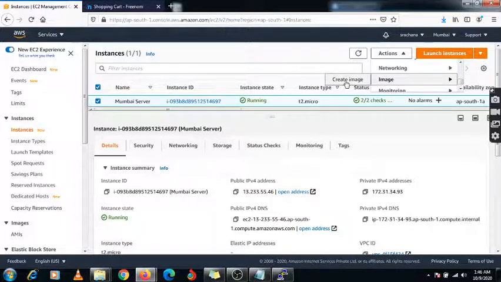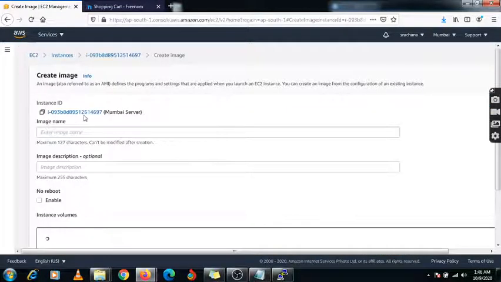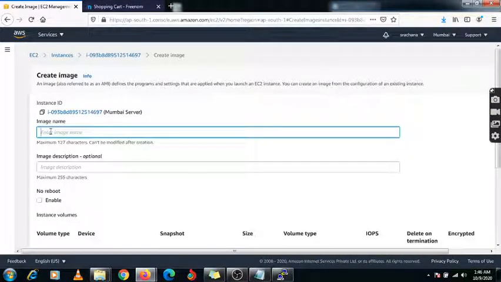So click on Image and Create image. Here you will get this name. First you need to assign some name for this image. So I am giving one name, that is Linux machine Mumbai.